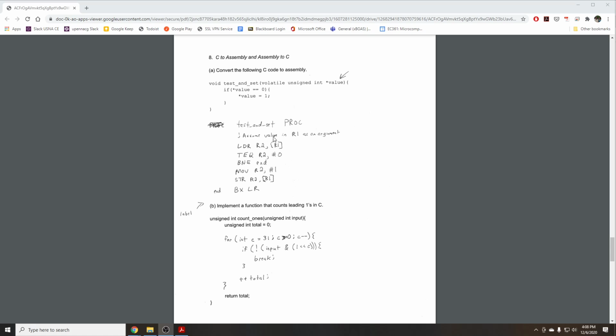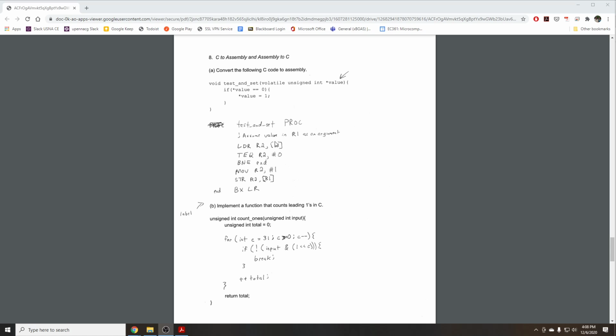I'm going to assume the value is in R1 as an argument, so I make some assumption about where I'm putting that value. I can assume here, from the previous problem, this is anywhere from R0 to R3. That's the calling convention of the language. It's up to the developers to agree on those semantics. So I'm assuming it's in R1. You can make an assumption like this on the exam as well,